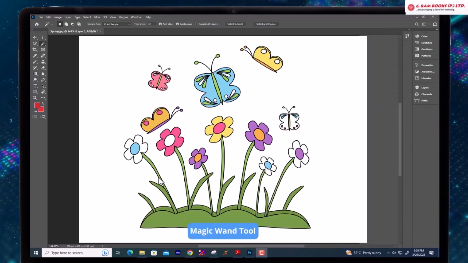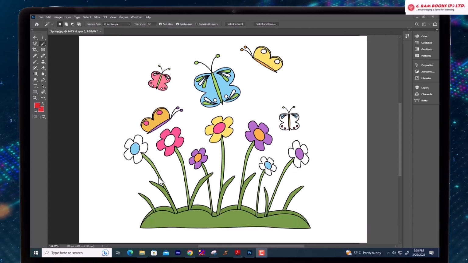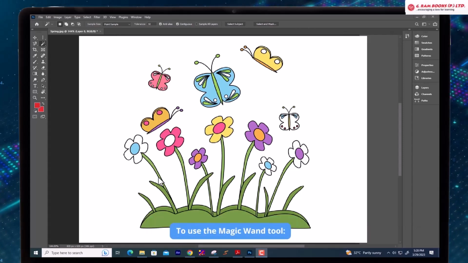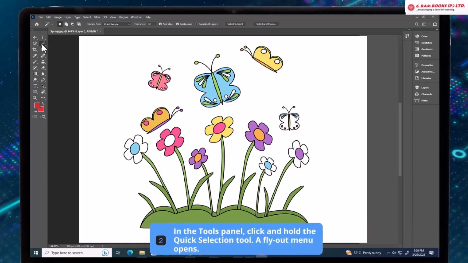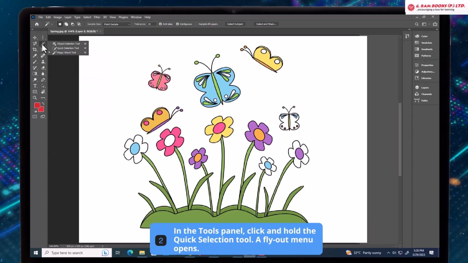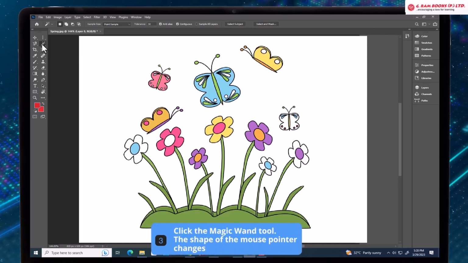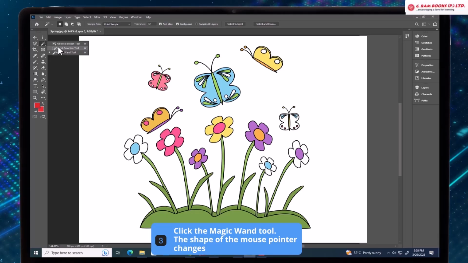Magic Wand tool. The Magic Wand tool is used to select similarly colored areas in an image. To use the Magic Wand tool, 1. Open a saved image. 2. In the Tools panel, click and hold the Quick Selection tool. A flyout menu opens. 3. Click the Magic Wand tool. The shape of the mouse pointer changes to a